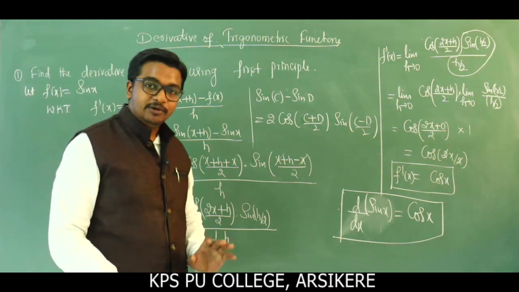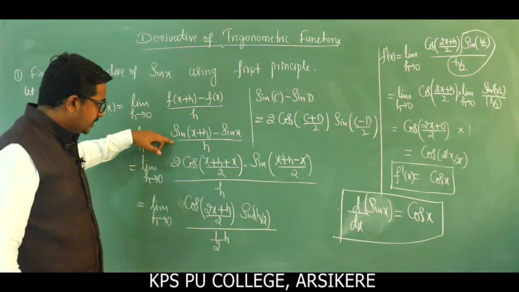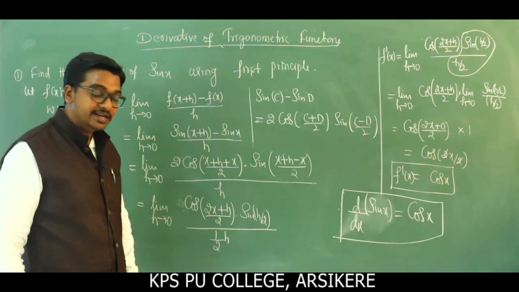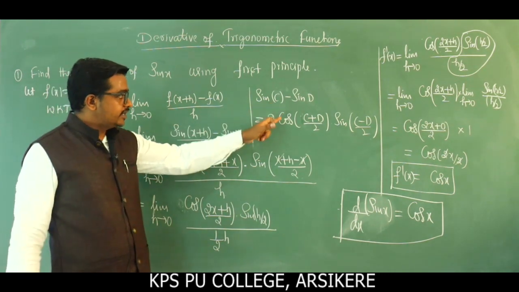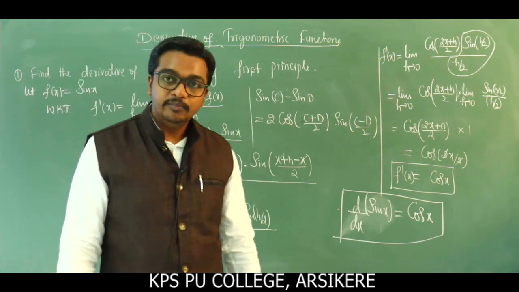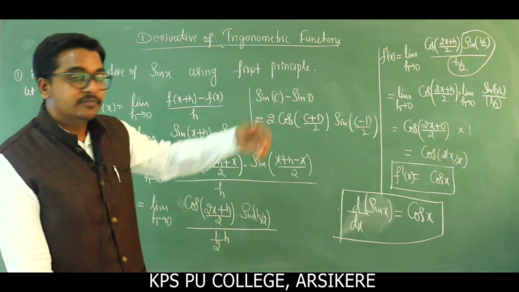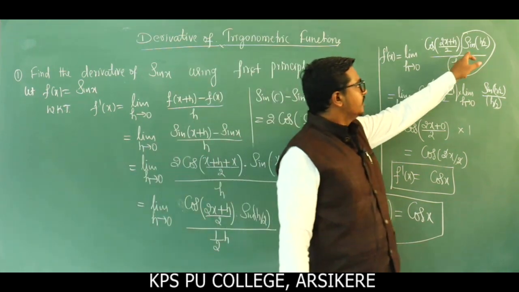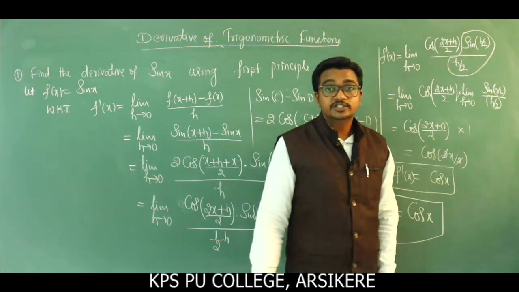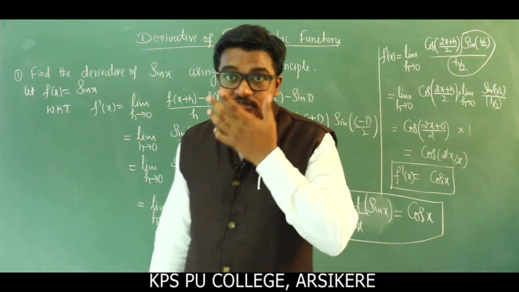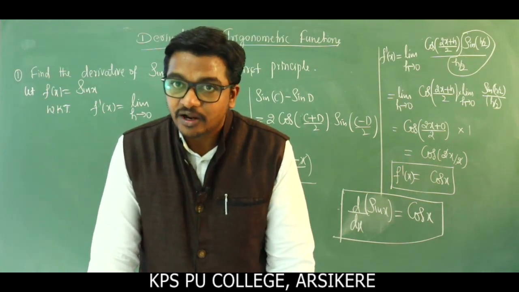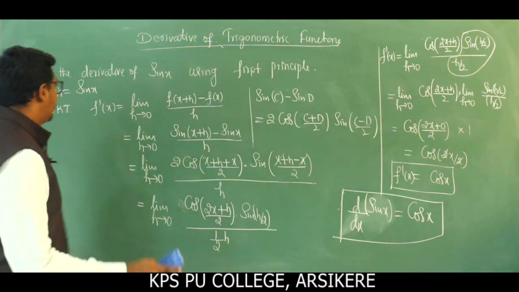Remember here the important thing is applying the limit, and we will use the formula sin c minus sin d. Then sin c minus sin d becomes 2 times cos of c plus d divided by 2 into sin of c minus d divided by 2. Then the remaining part, and remember here limit as h approaches 0 of sin of h by 2 divided by h by 2 becomes 1, because limit as x approaches 0 of sin x divided by x is the formula, 1. Same thing here. Okay, next we are moving to